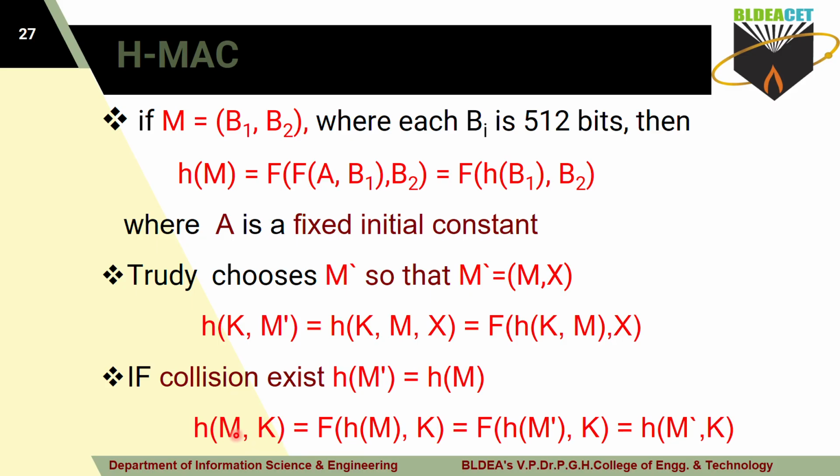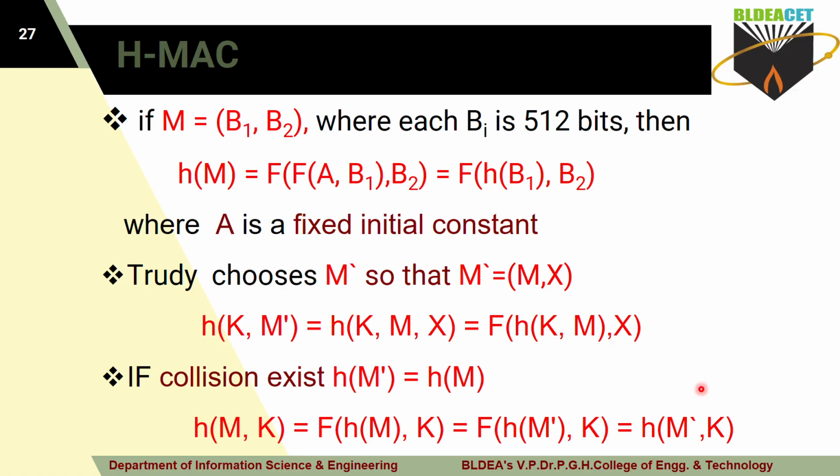So now here m is replaced with m dash and it will perform the function here. So what function value will we get? The same hash value, which it sends to the receiver even without the knowledge of the key, because the hash value of m dash and the hash value of m are the same. So in the place of the hash value of m, it is now replaced with m dash here.